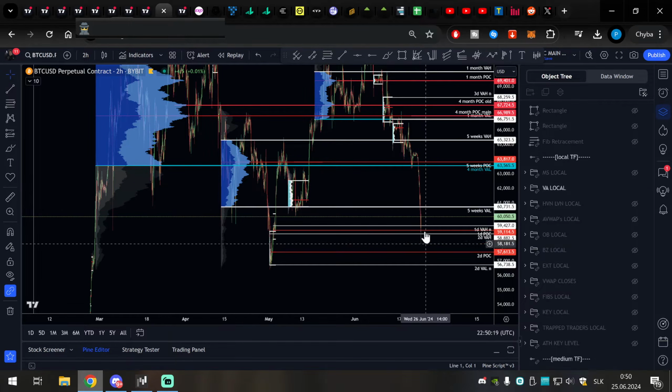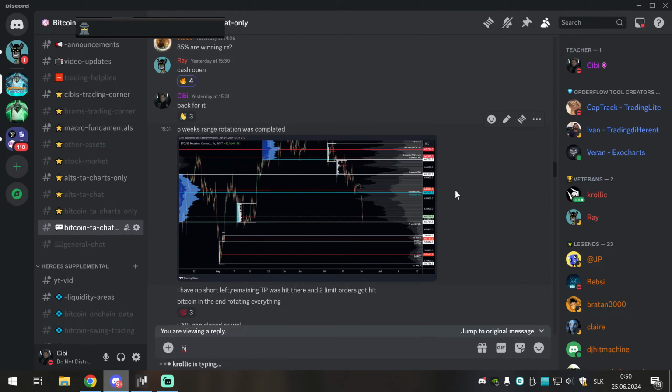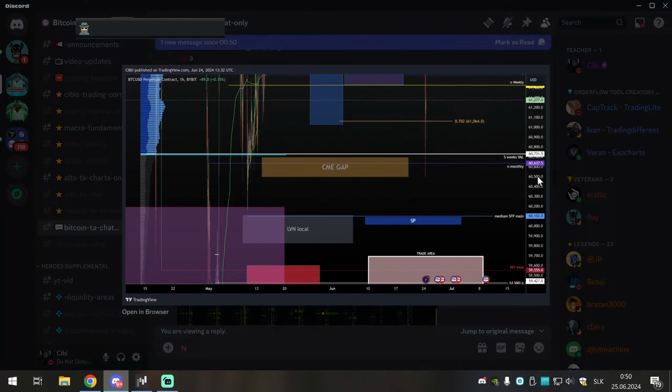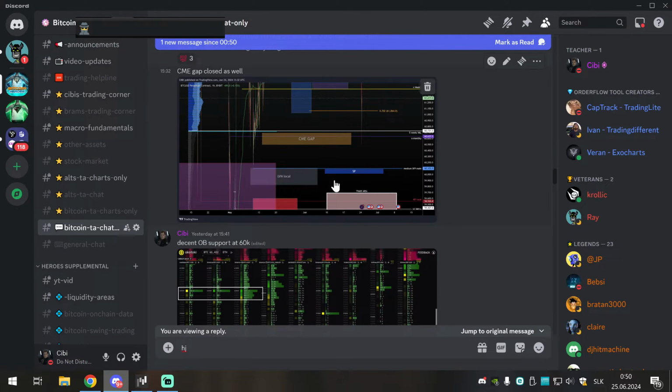So this whole move to the downside at the end was fully Bitcoin exhausting all the sellers at the lows, and also the buyers, like all time frame buyers, get stopped out. So this was fantastic opportunity for long, but we will get there. So this was the AMT, this was the AMT confluence.